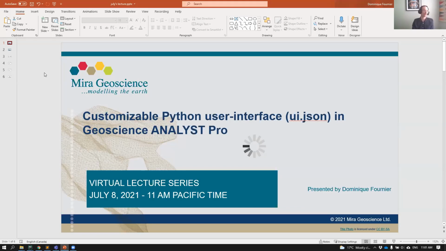Yep, all good. Perfect. So yeah, it's my pleasure to be able to demo a new feature that's coming up in Geoscience Analyst. It will be released officially in Q4, but we're going to have an alpha preview version in 3.31. And basically, in short, this feature will let you trigger Python applications directly from Geoscience Analyst, and create a small user interface. You know, select an object, put values in, click, start an application, and then get the result being sent back to